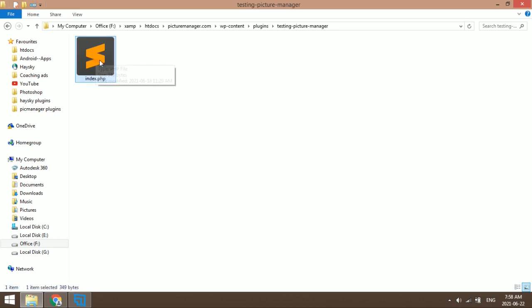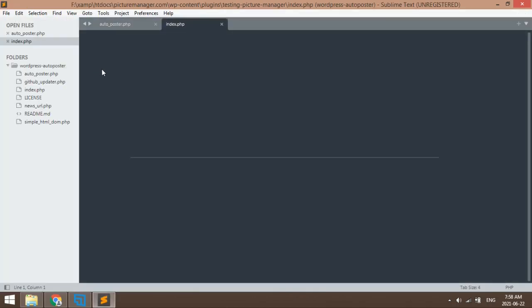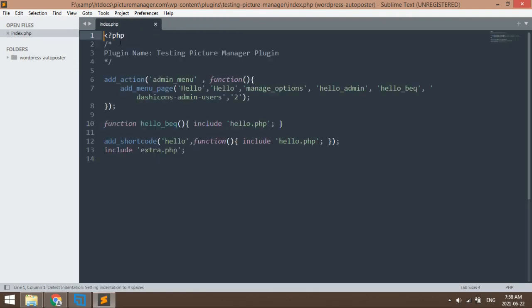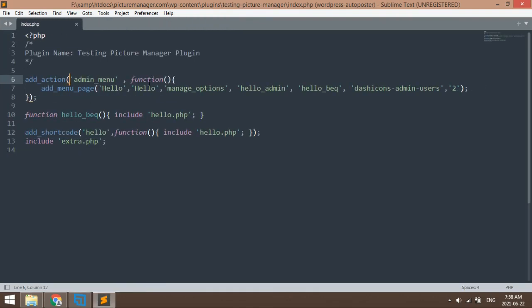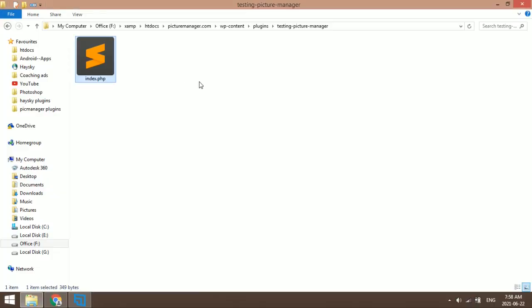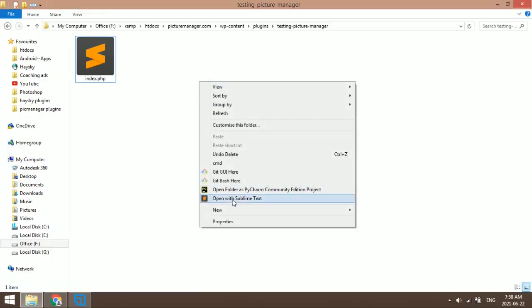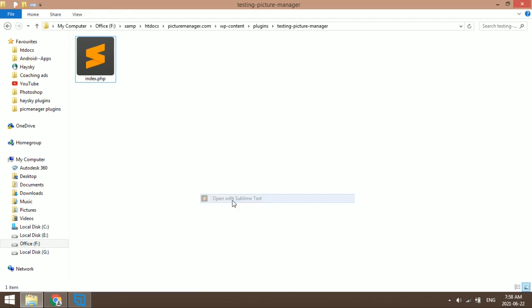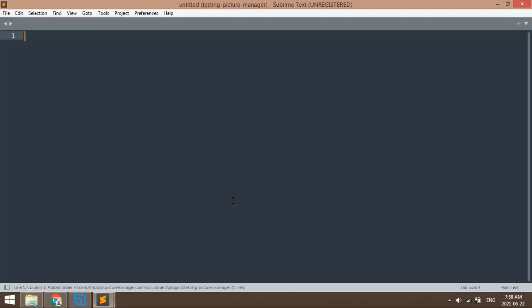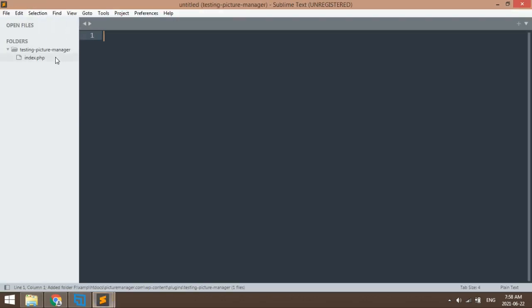In our index file, that is plugins main file, in which the header part is located. I can simply right click on this and open with Sublime Text. So we have index file here.